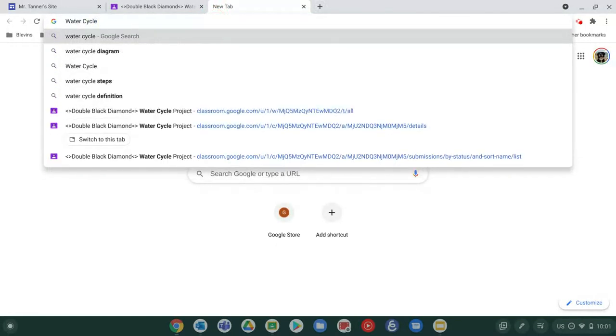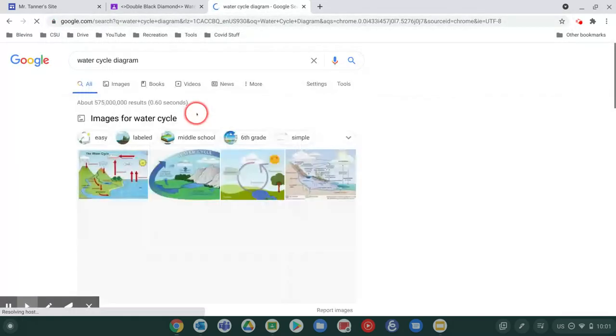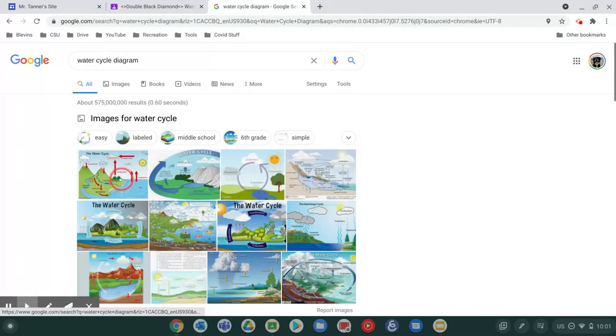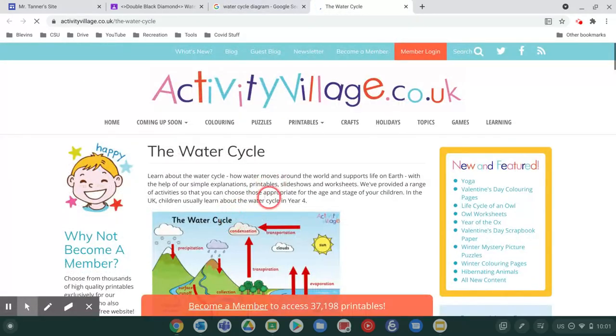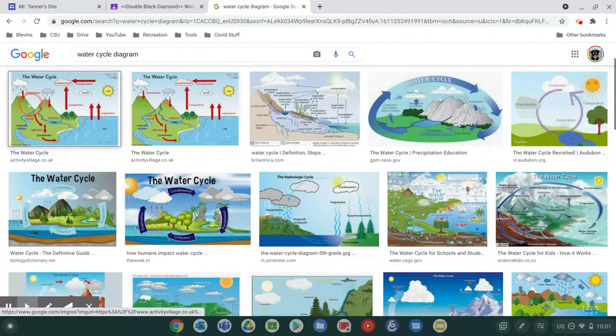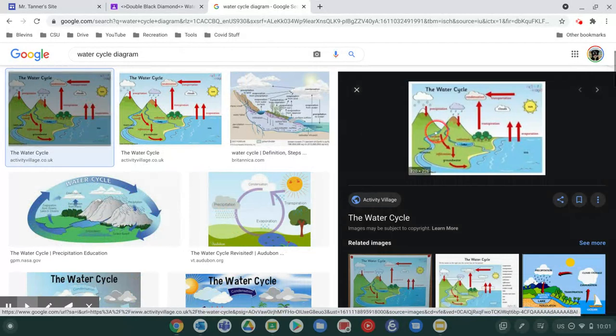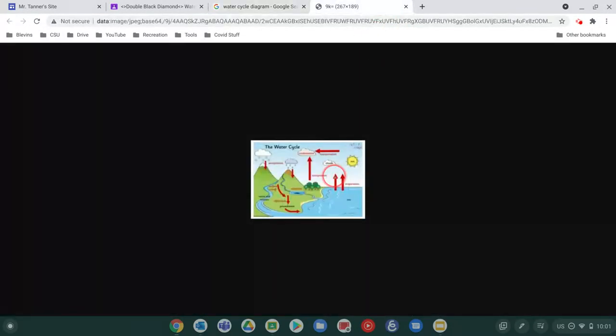If I type in the water cycle diagram, I can find a good picture. I'm not sure if this is a really good one. I'm just going to open it up because it's first. But I can try and find a picture. Let's try this again. Yeah, this is not a great picture. It's very small, but that's okay. I can find a picture that would be much better than this one, and then I can just walk